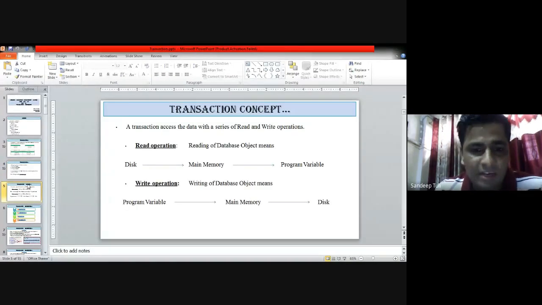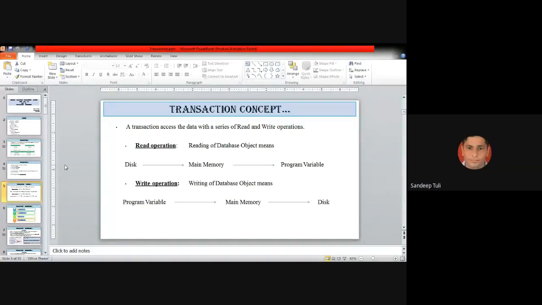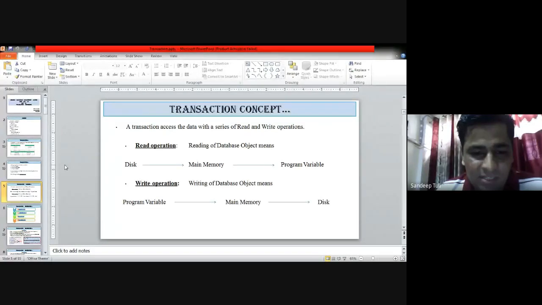Transaction concept. The very basic concept of the transaction you have seen in my very first slide, that I am using the words read and write. So if I want to access something, then I need to use the read operation and write operation. Read operation is obviously reading the database objects, and write operation means it is trying to write something new after updation. Suppose I have updated the value of x, and I have deducted or subtracted 100 from it, then the new value will be updated again, and these updations must be made onto the memory locations.